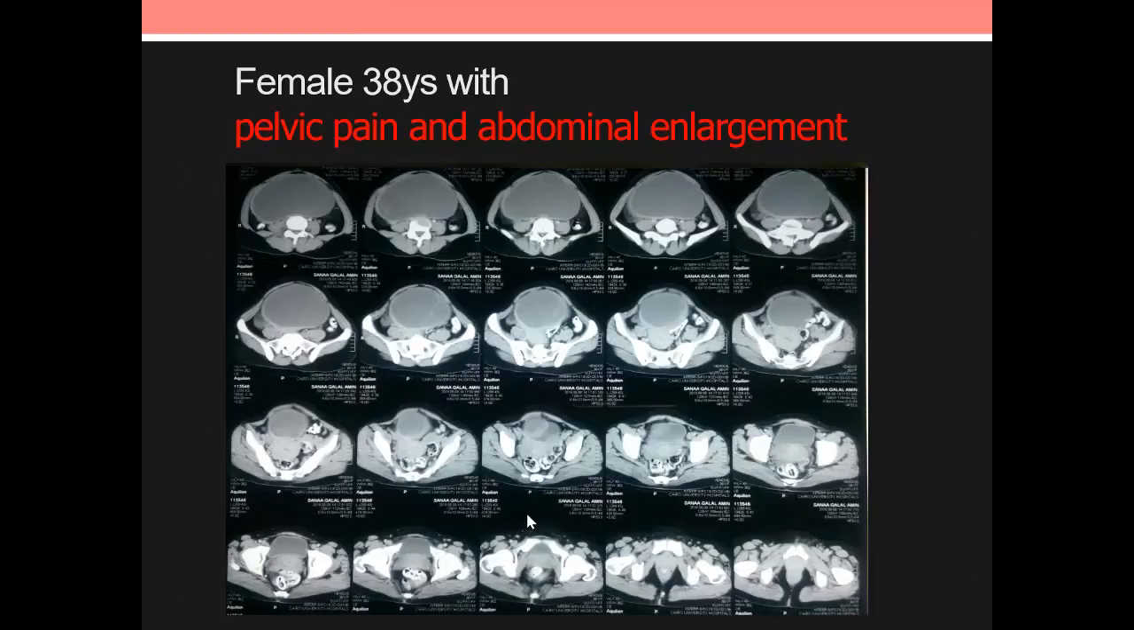We will have a quiz case in the middle. This is a female, 38 years old, coming with pelvic pain and abdominal enlargement. And this is a cystic lesion. Most of the reports said that this cystic lesion may be an ovarian cyst. But we did the fallopian technique. CT in these cases is not specific. But however, if we do CT,